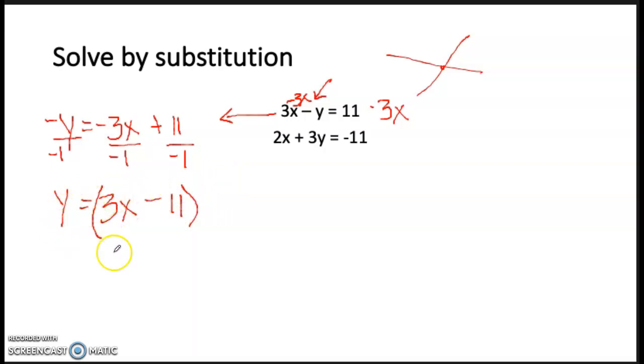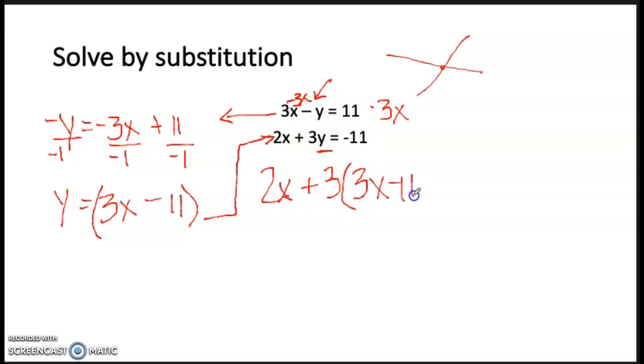Now I have a letter equal to a phrase. And everywhere I see that letter y in my next equation, I can substitute 3x minus 11. I do not take this 3x minus 11 and substitute it back in the first equation because that's where I got that from. I have to now take it into the second equation. So now I have 2x plus 3 times y, and I'm going to substitute for y and write 3x minus 11 instead of y,